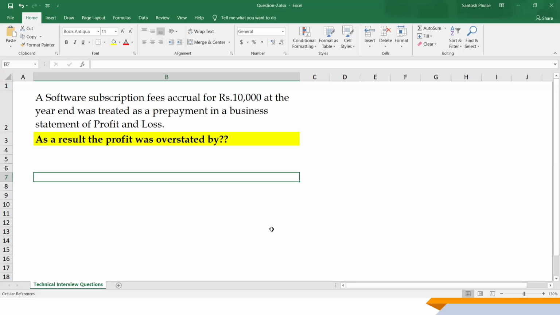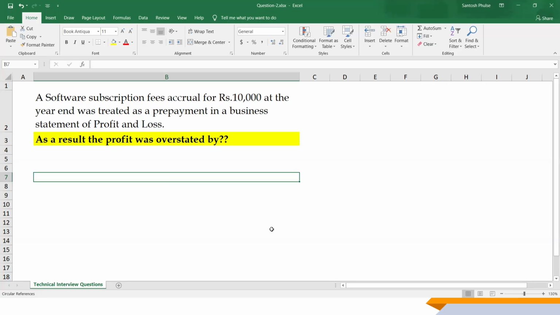So here that accrual is entirely different as compared to the prepayment, and both are the opposite. Accrual is when the expense is incurred but we haven't booked it, and prepayment is when we booked it but we haven't received the services. It's a totally opposite concept, accrual expenses and prepayment expenses. So now, what rectification entry do we have to post here?